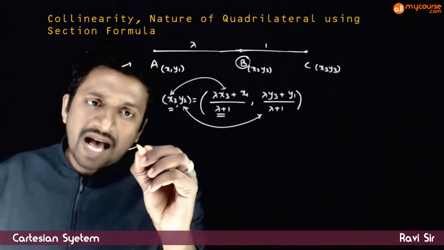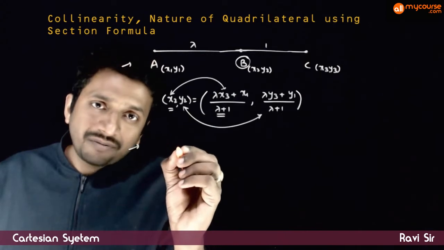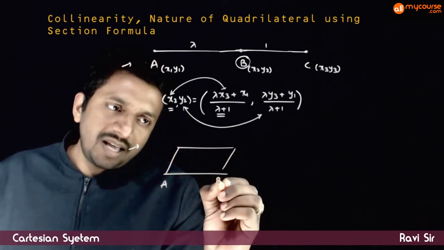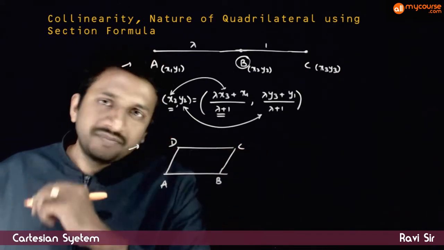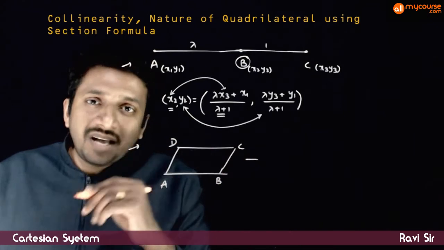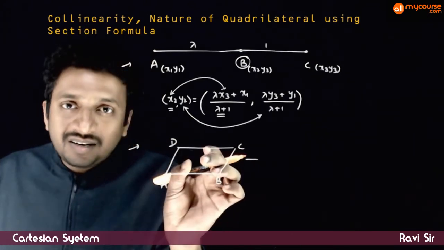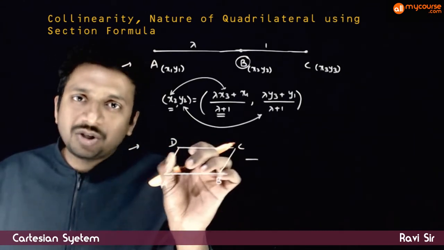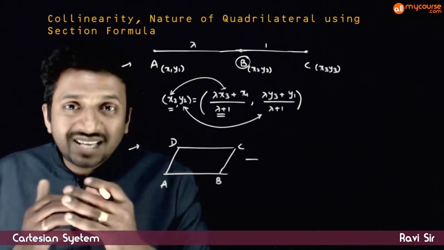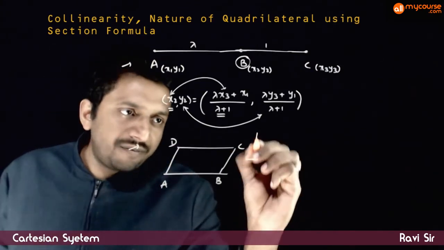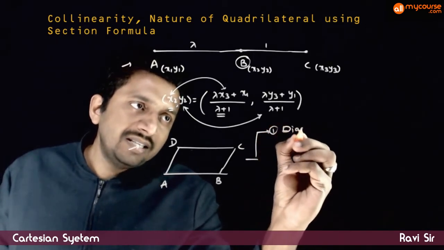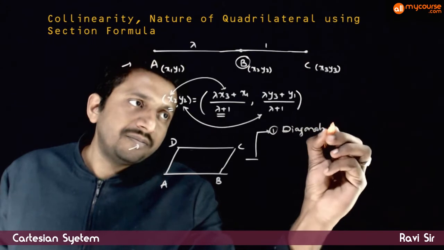Next, if you are asked to find the nature of the quadrilateral formed by 4 points A, B, C, D. We have already seen how to use the distance formula to determine the nature of a quadrilateral. Now let us see how to use the section formula. So the first condition is if diagonals bisect each other,